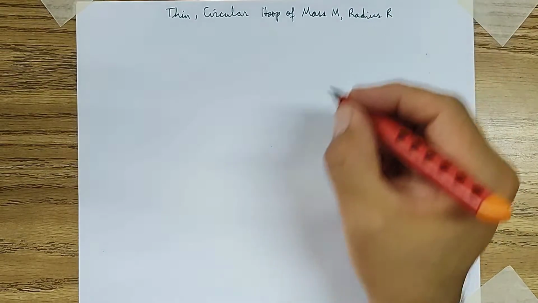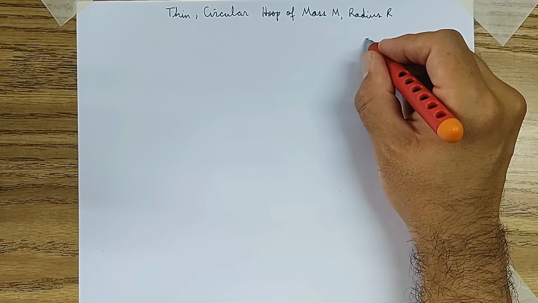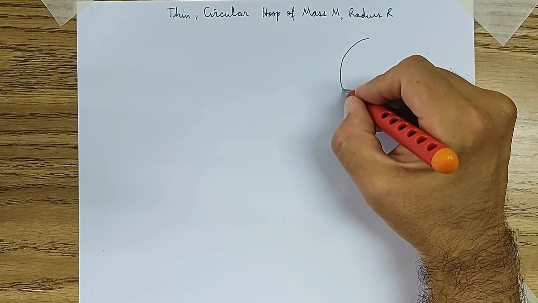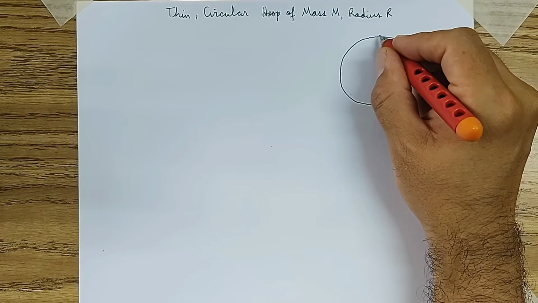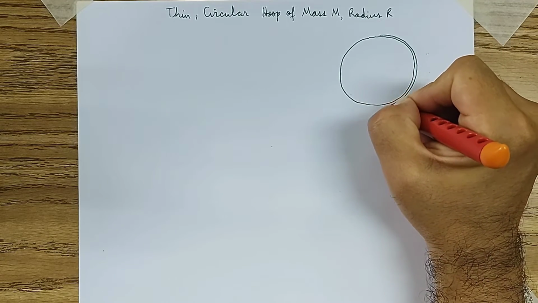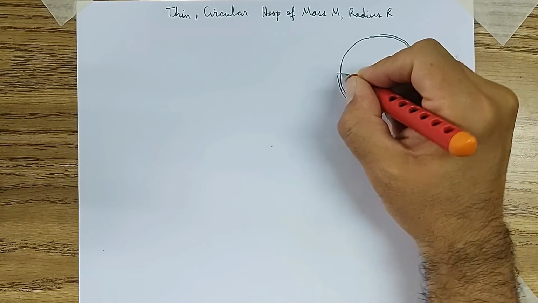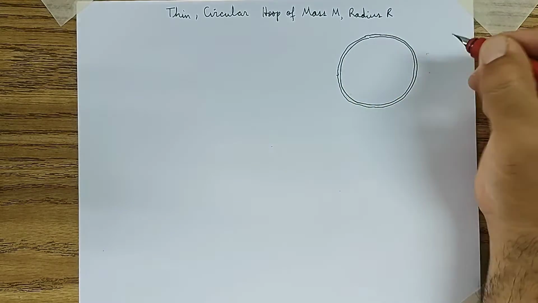You will see that the ideas are very similar to the ones discussed in the previous video, with some specific characteristics for this case. We're talking about a very thin circular hoop, so we might consider that this is like a one-dimensional object that is bent around in a circle